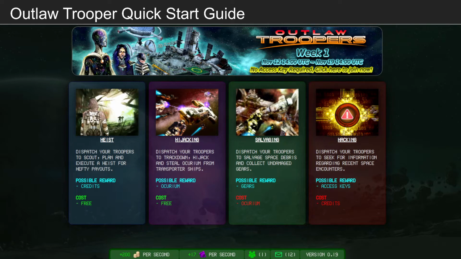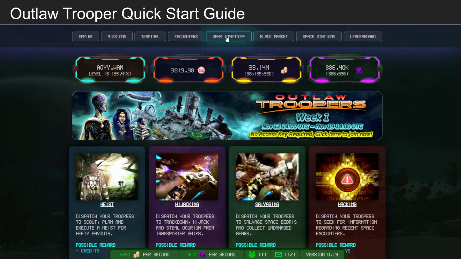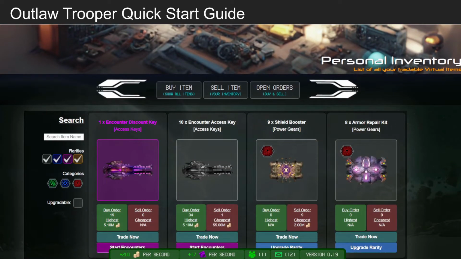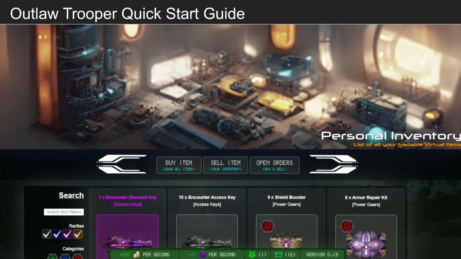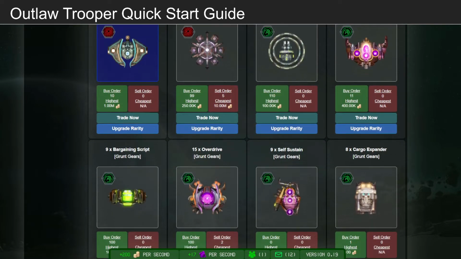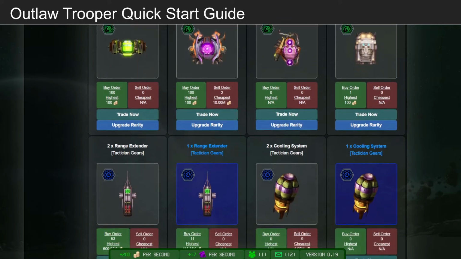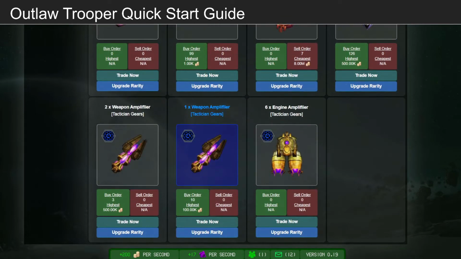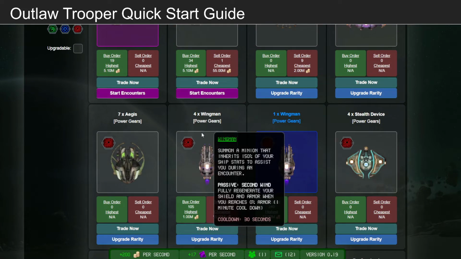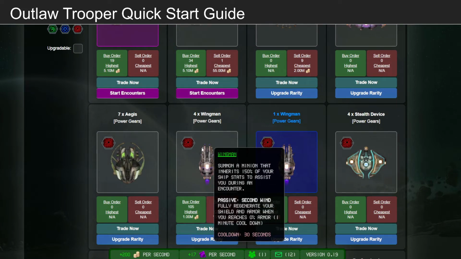Now, before I go, we want to check our gears. What gears are you aiming for? For starters, very simple. Okay, let's go to sell item. We want the most important item in Outlaw Trooper. In my opinion, this is God tier for budget players, right? Where are you, my wingman? There we go, wingman. Wingman is important for new players because it will summon a minion, inherits